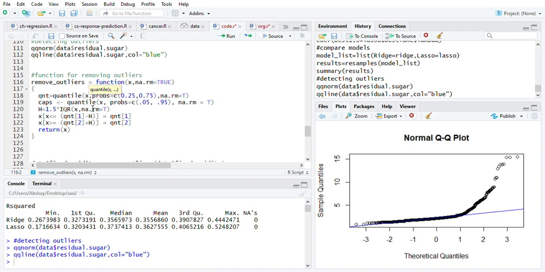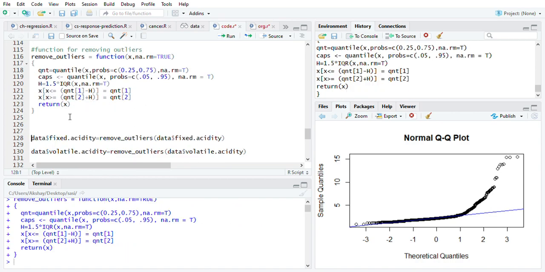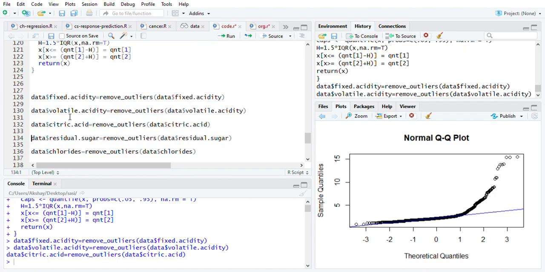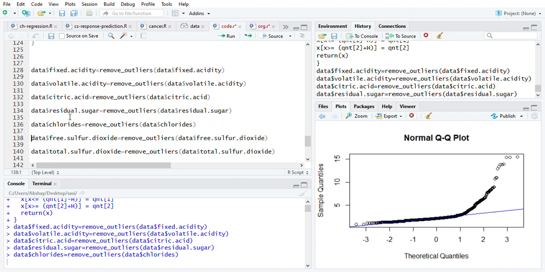Here I have replaced with the maximum value. If the outlier is above the maximum value, I have replaced it with the maximum value. If it is below the minimum value, I have replaced it with the minimum value. This is the function I have written to do that. See, all these lines remove outliers for each attribute.